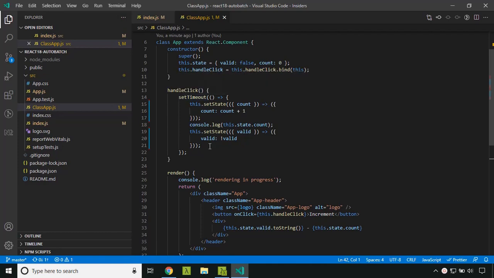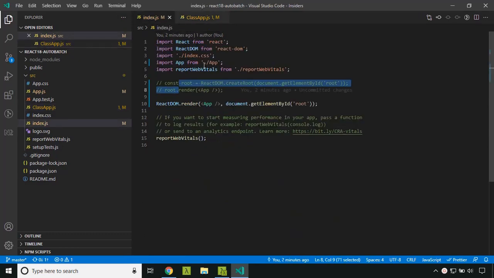Inside the handleClick, I have used a timeout, and inside this I am incrementing the count by 1, and then I am trying to access it directly here. Now let's go to index.js and change it to ClassApp, so it is using the class component in React 17.